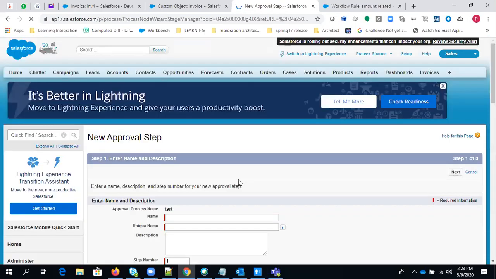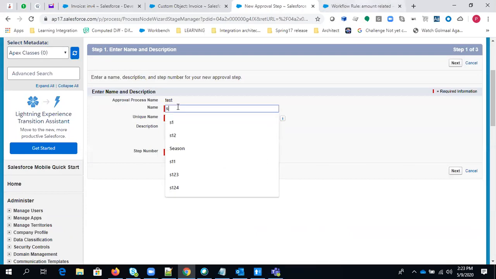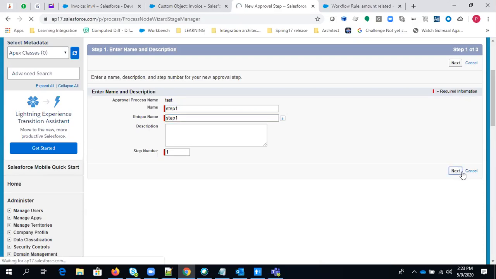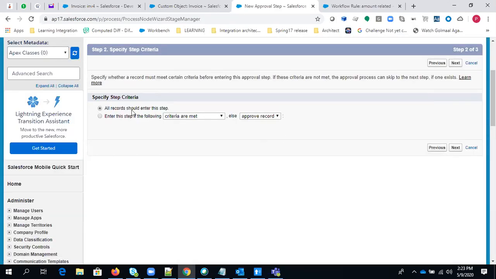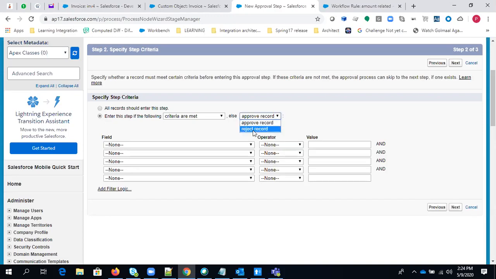New approval step, I'm just naming it step one. Next. If you have different approvers or anything that you can match, all records should enter this step, or enter this step if the following. So guys, you can also have an option to automatically skip this particular approver. Let's say if you want to skip this approver on a particular criteria, then you can directly reject the record or approve the record.